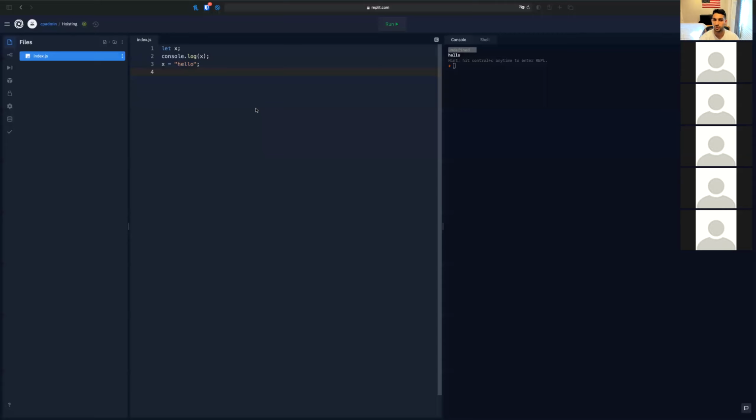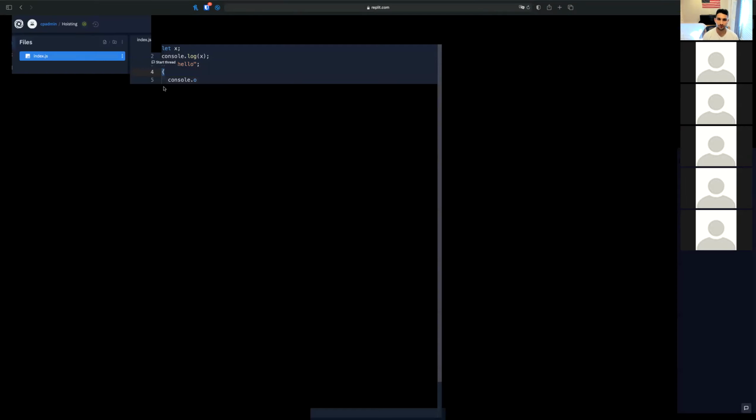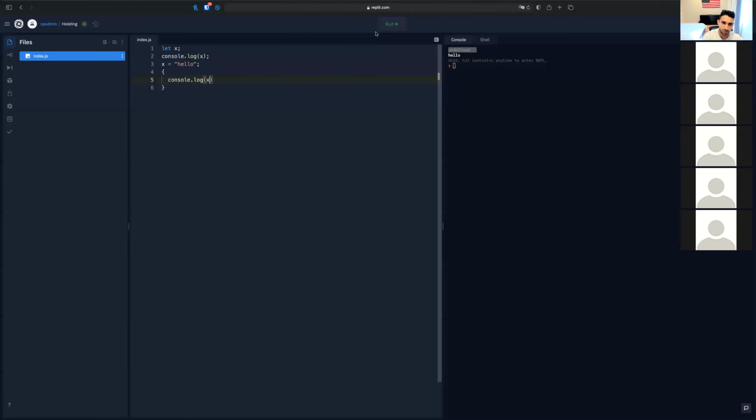So if I was to create a different space, like if I was to go here and I was to want to refer to X, it will give me an error saying that X doesn't exist. And that's because this little block says I'm in a new environment. Equivalently, if I said this in a function or anywhere else that's not directly in the same line here, it's going to complain X doesn't exist in this scope. So if I give this a run,